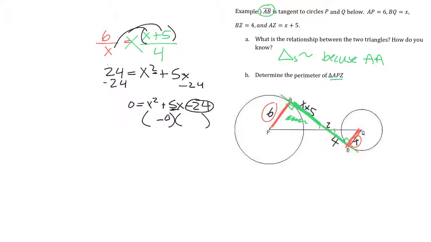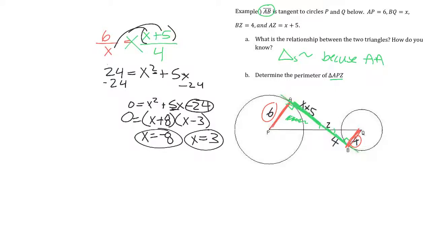That's positive 8, negative 3. That would multiply to negative 24, add to 5. And then I just got to solve for x. So if x plus 8 was to get it equal 0, I would subtract 8 from both sides. X equals negative 8. And then I would add 3 to both sides to solve for this one, and x